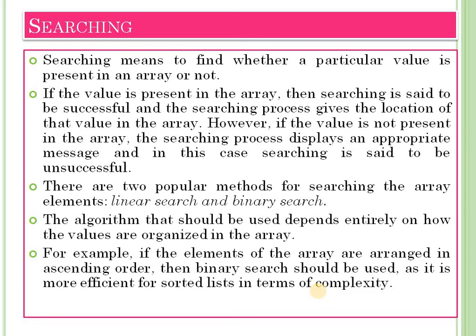Linear search is a sequential search, but binary search is not sequential. It first checks the middle, then depends on the target element. If the middle is the target element, then we say that element is found. If not, then we again divide that array in half. If that element is less than that middle element, then we check the left side, otherwise the right side. This is the major difference. And in binary search, to apply this, we require a sorted array.